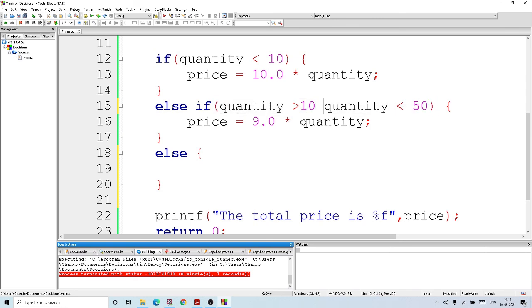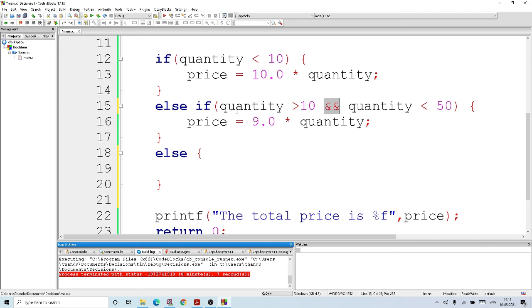How will we join the two conditions? We can write the and symbol. If we write two and symbols, it will check this condition as well as this condition. So this and operator will be checking both the conditions.